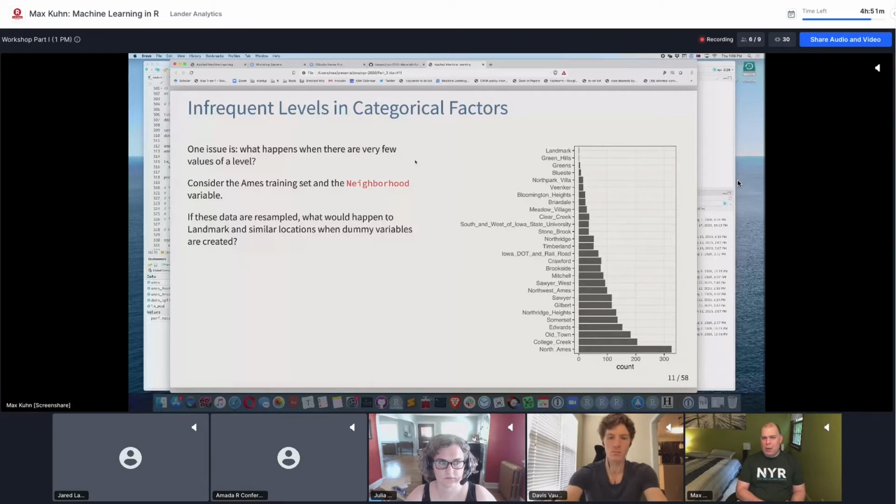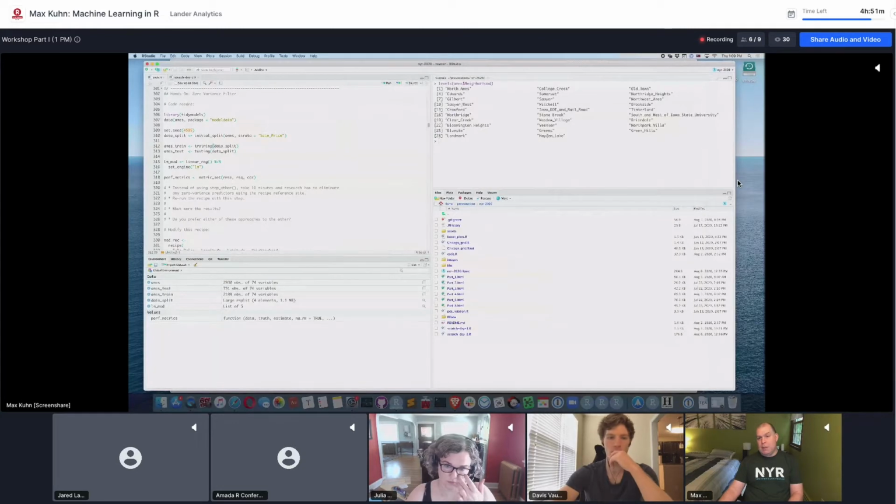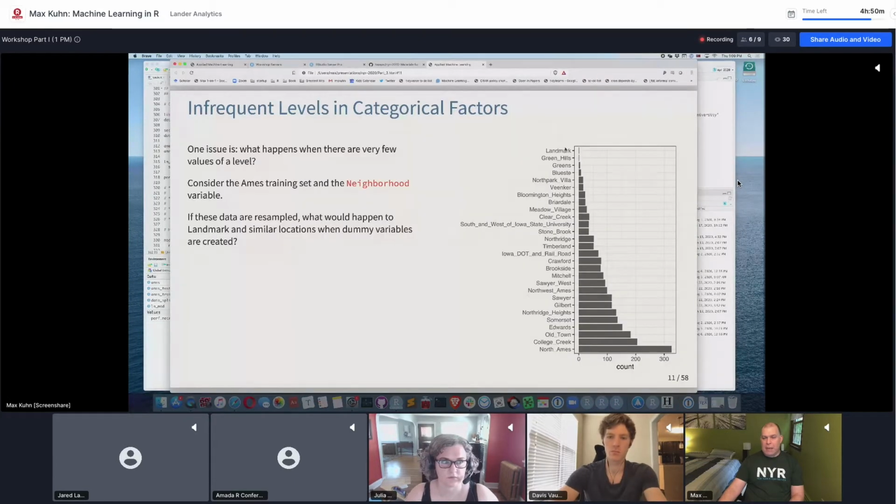Landmark has 1. We also did an update to this data set not too long ago, where there is a new neighborhood in Ames that we currently do not have any properties for. It's an actual neighborhood called Hayden Lake. What ggplot does, if a factor level has 0 data points in it, is not add it here, though you could probably change this with some option. But the point I wanted to make is